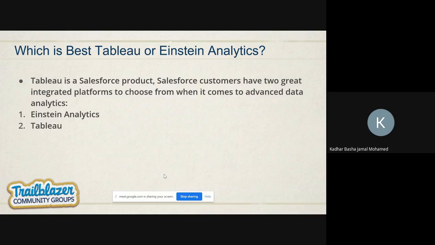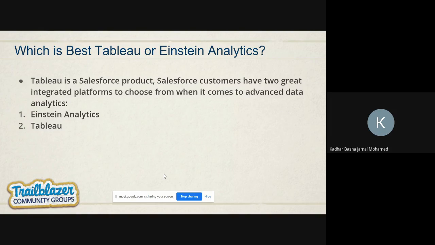From my point of view, I'm working with both Einstein Analytics and Tableau, and I already have knowledge of Salesforce traditional records and dashboards. Comparing the two, I'm more comfortable working in Tableau, because Einstein Analytics has some restrictions in the Salesforce org, because the Salesforce org has some limitations.